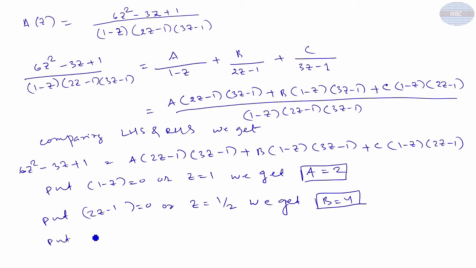Similarly, you can find the value of C, put 3z minus 1 is equal to 0 or z is equal to 1 by 3. So we get the value of C is equal to minus 3. Okay,